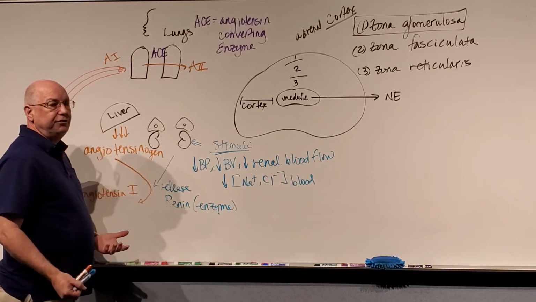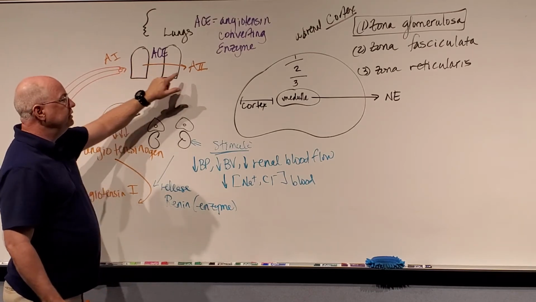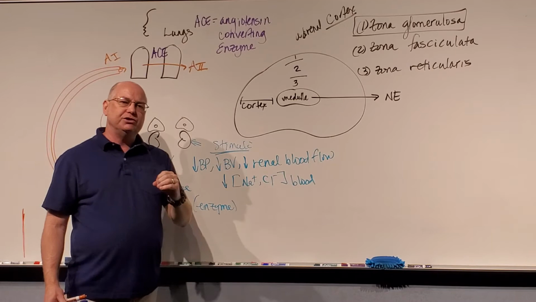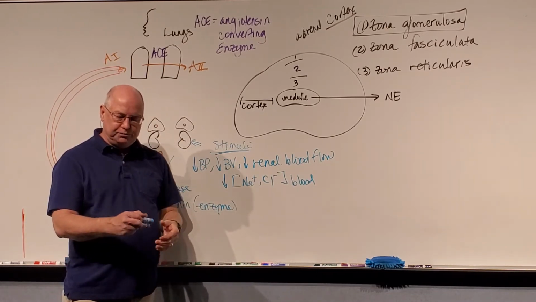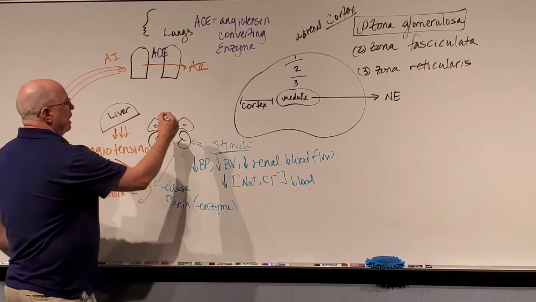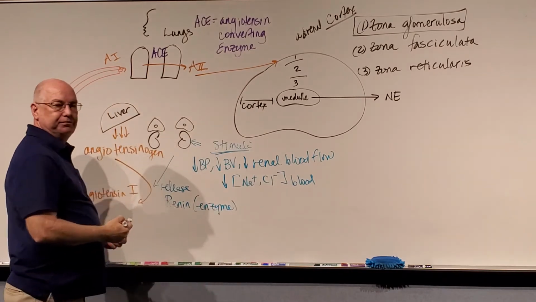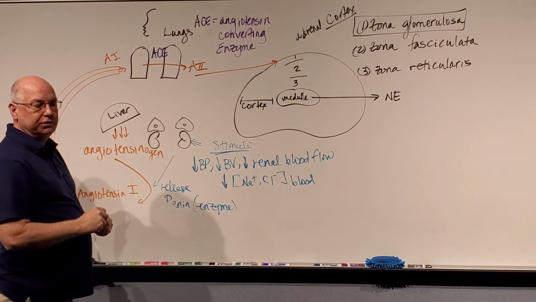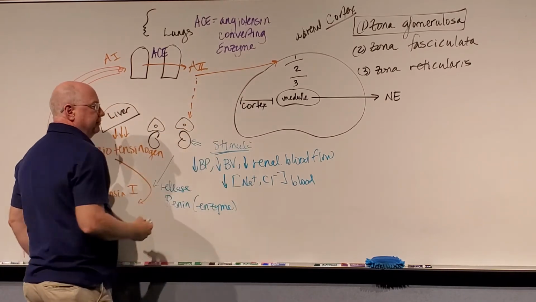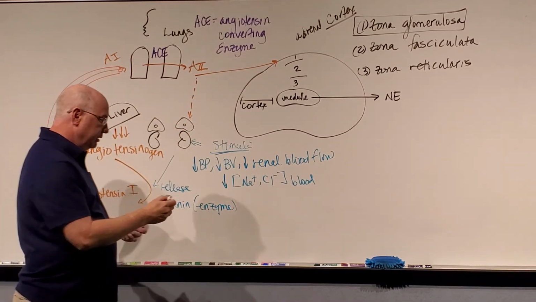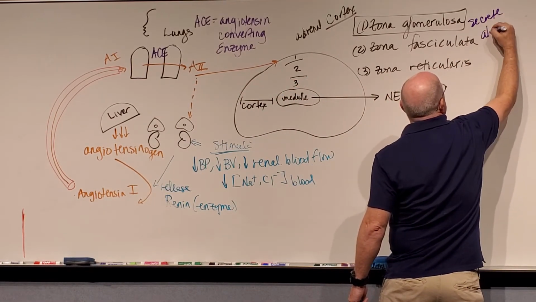So angiotensin converting enzyme is an enzyme produced by cells in our lungs that will convert angiotensin 1 into angiotensin 2. Angiotensin 2 is a stronger form of the enzyme. It gives a much more powerful response. So here's what happens. Angiotensin 2 is going to target the zona glomerulosa of the adrenal cortex. So I know I have it drawn here, but really it would go down here, right? The zona glomerulosa will secrete aldosterone,